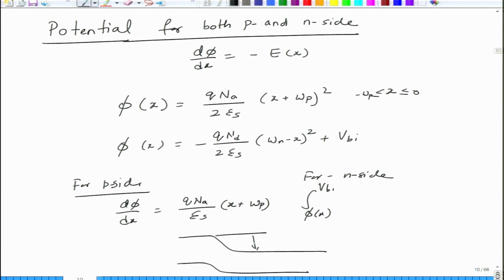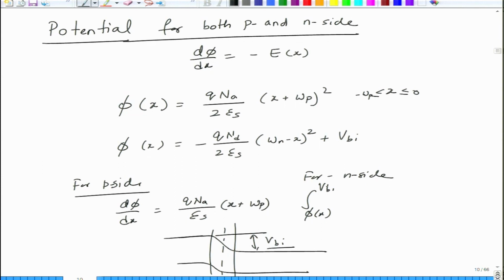So, this is Vbi. So, the maximum value on the other side it takes is Vbi. So, if you are starting from 0 on this side, it will achieve some value at the interface, and then the maximum value it can take is Vbi. So, that is the maximum value.